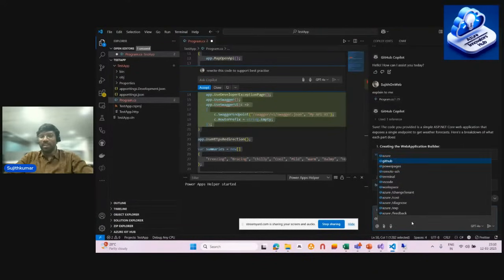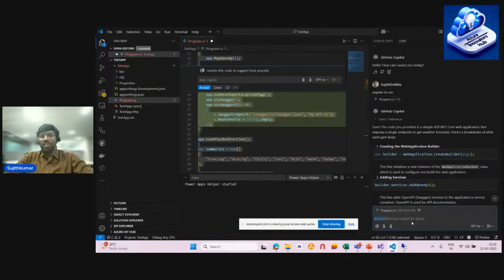For example, here you can see different extensions which have already been deployed by Microsoft and some third-party companies. So if you want to ask specific questions related to Azure, for example, you have an Azure account, you want to know what the status